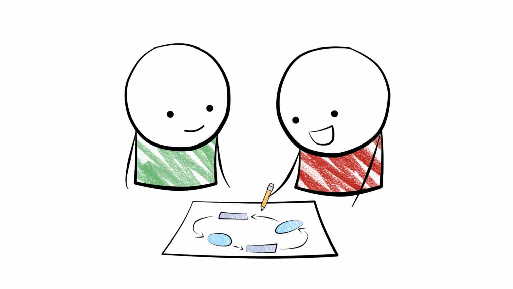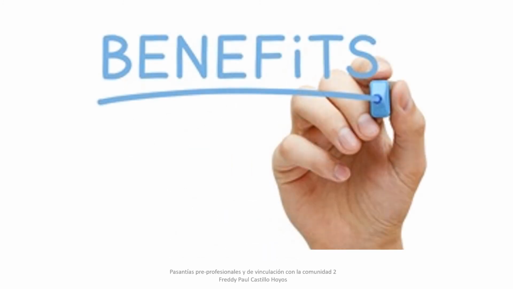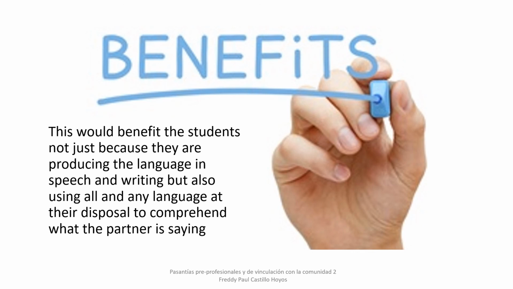That's how practically the lesson will end, by them working in pairs, reviewing, checking what the students learned. The benefit of this class is that when the students work in pairs, this would benefit the students not just because they are producing the language in speech and writing, but also they are using any language at their disposal to comprehend what their partner is saying. So working in pairs, it takes a great effort to understand what the other one is saying,